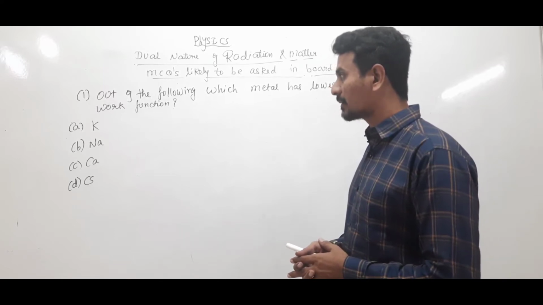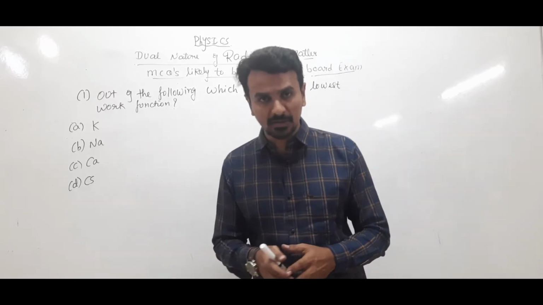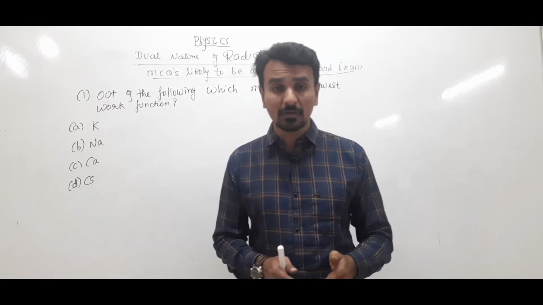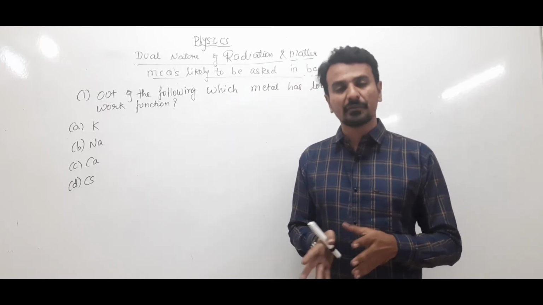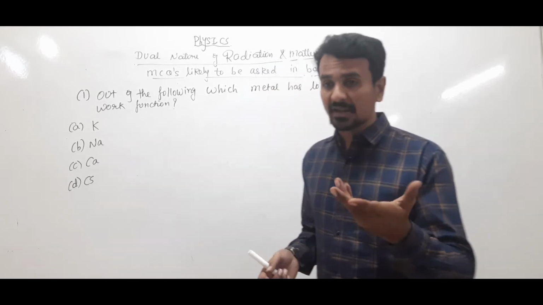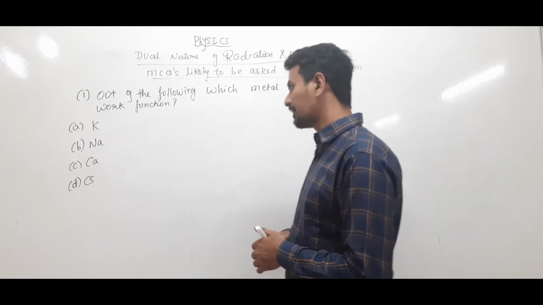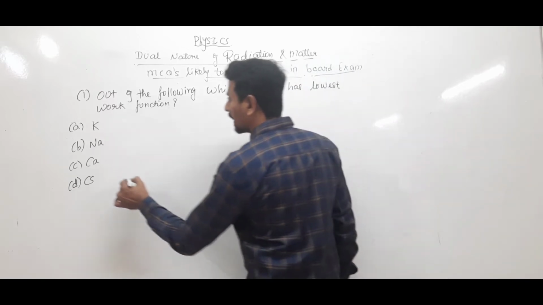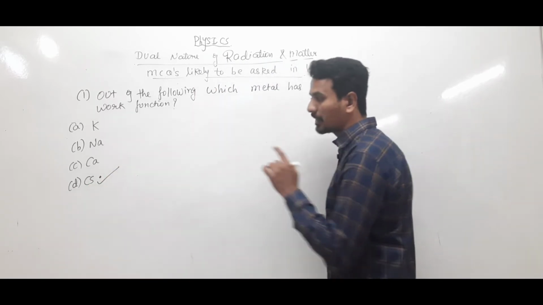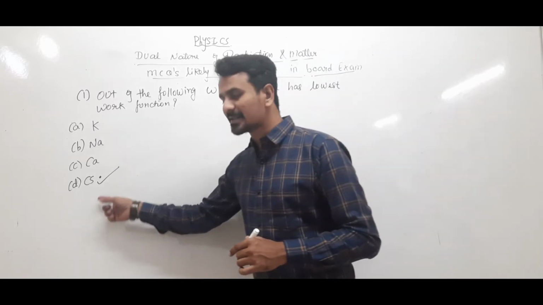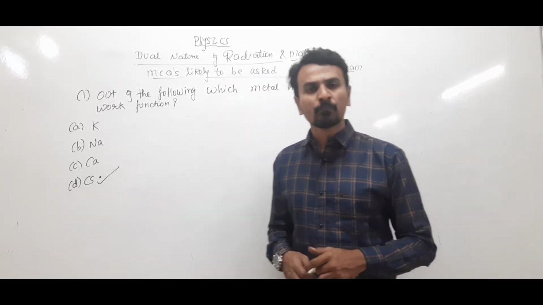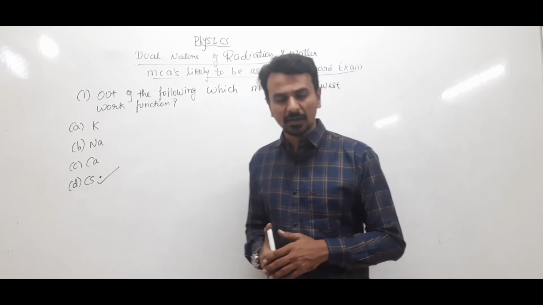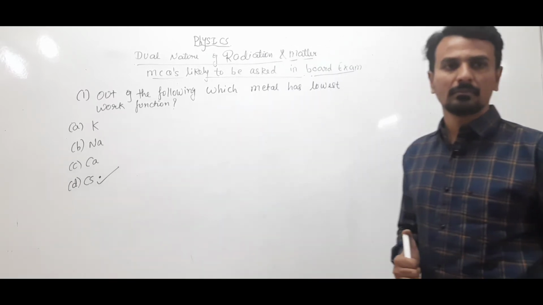It would be more advantageous if you remember the work function of a few metals. Which metal is having the lowest work function, which is having the highest work function, can be asked in your board exam as an MCQ. Cesium is having the lowest work function out of the 4, and the table is already given to you in your textbook. Refer to it. Clear? Fine.